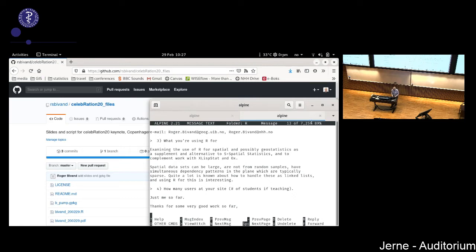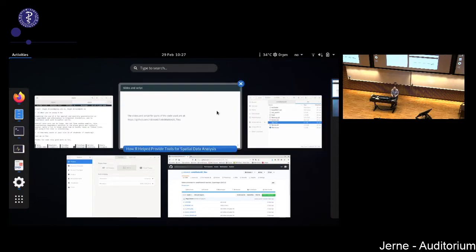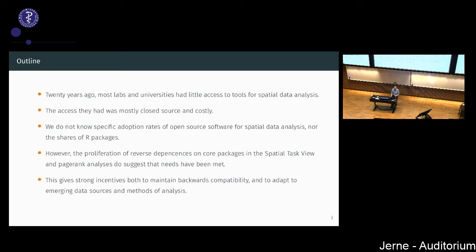So that was the situation as it was when the door started opening. 20 years ago, as Peter said, it was difficult to do stuff. It was even harder to do spatial stuff. Many of the software applications were costly.